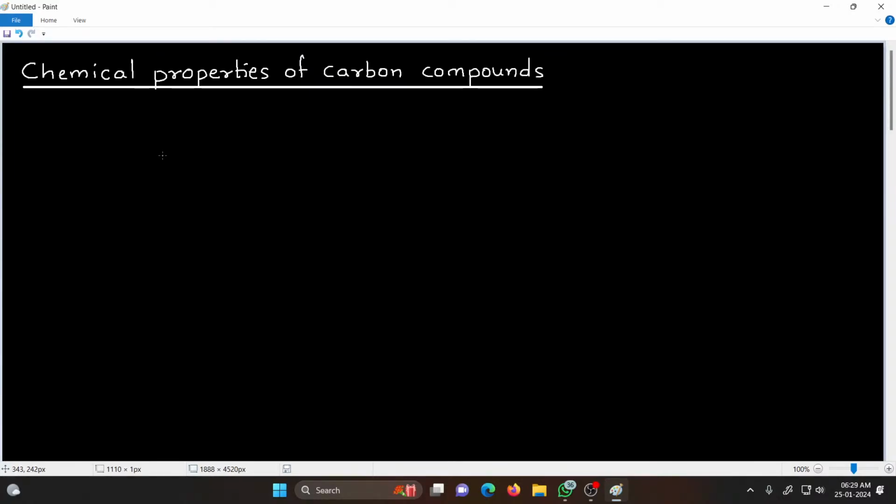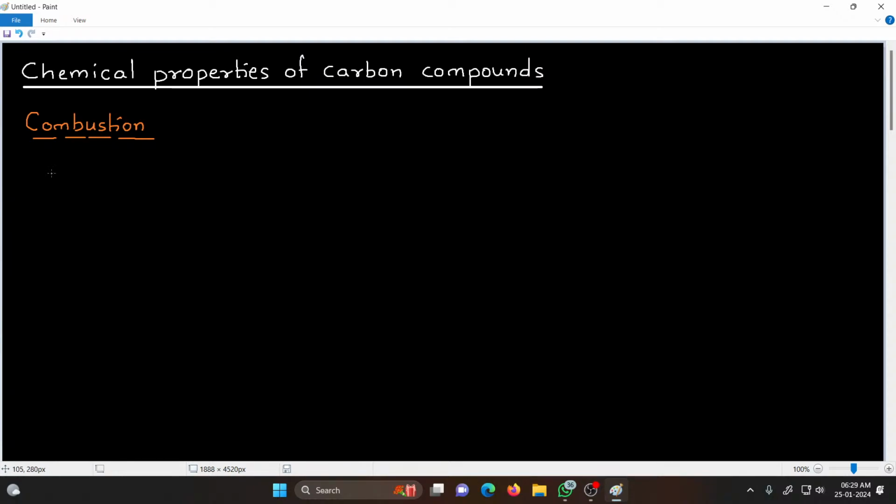Chemical properties of carbon compounds. The first reaction that we are going to see is combustion reaction. Combustion means burning in air, that is, reaction with oxygen. So the general reaction: any carbon compound, when it burns in oxygen, produces carbon dioxide, water vapor along with heat